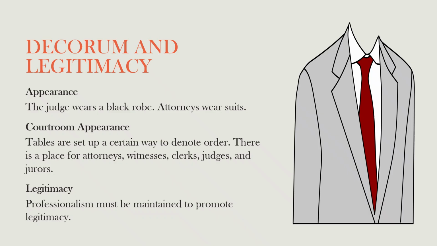The structure and placement of tables, witness stands, and the seating of the jury and judge all denote order. This includes all judges wearing black robes to show no individuality amongst judges, but they are called to judge fairly and impartially. When it comes to behavior, there's an expectation in the court and from the public that things are done not only professionally, but with fairness. If there's a perception of laxity with the rules and unprofessionalism, it undermines the court's legitimacy and its ability to be seen as an institution worth keeping and believing in.